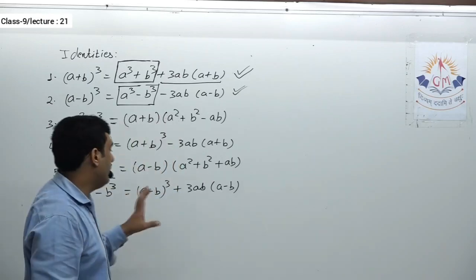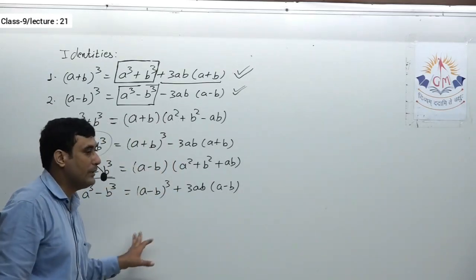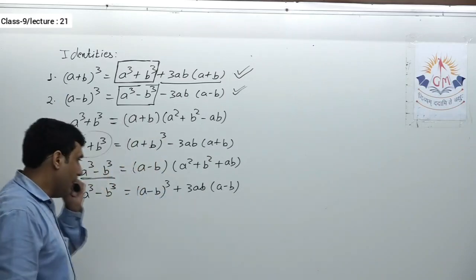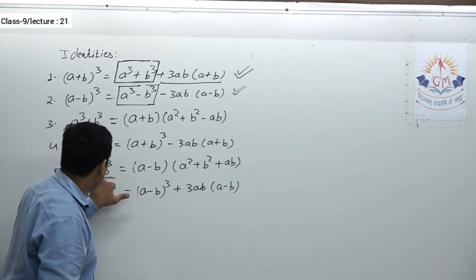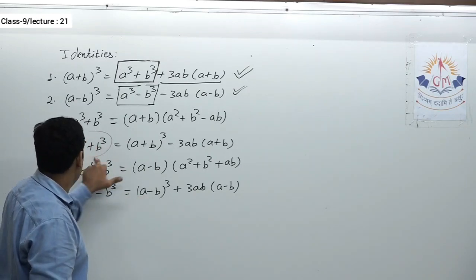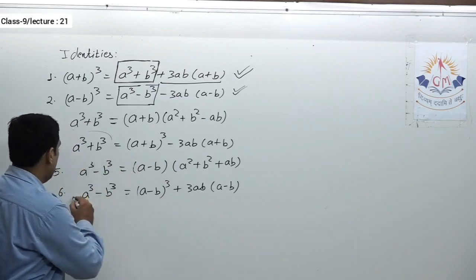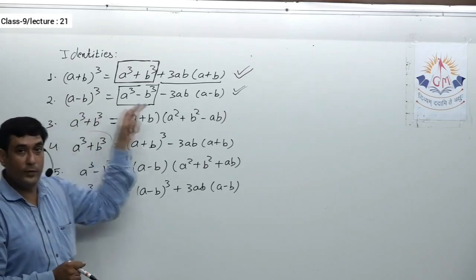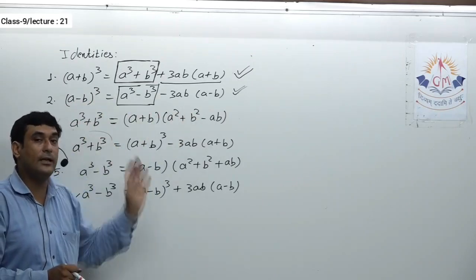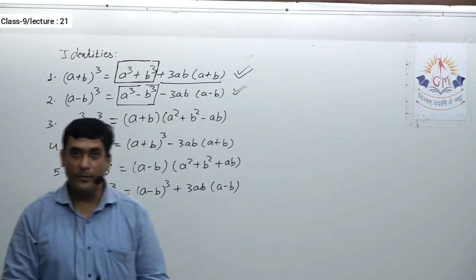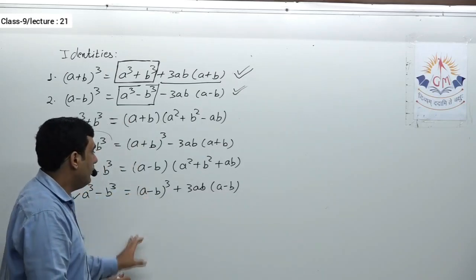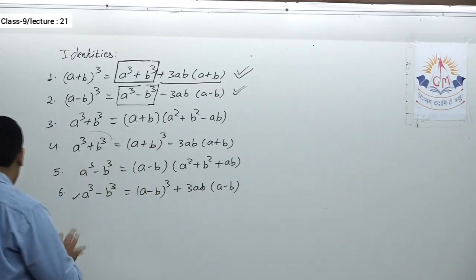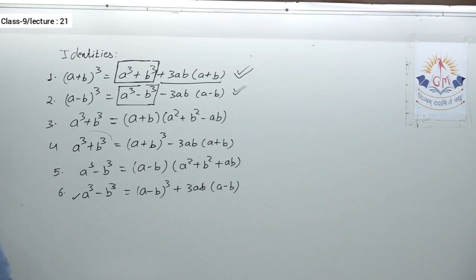Although I gave you some ways to mug up or remember the identities, or the source from where I got those identities, I still suggest that you mug up these identities rather than finding them every time. Suppose you need this identity and you have the idea that it can be obtained from this. First you have to write this, then make those transpositions, and then you will get this. So it will waste your time, it will consume your time. So it's better to mug up these identities in a proper way. I hope this is clear to you. Now we'll see questions based on these identities.